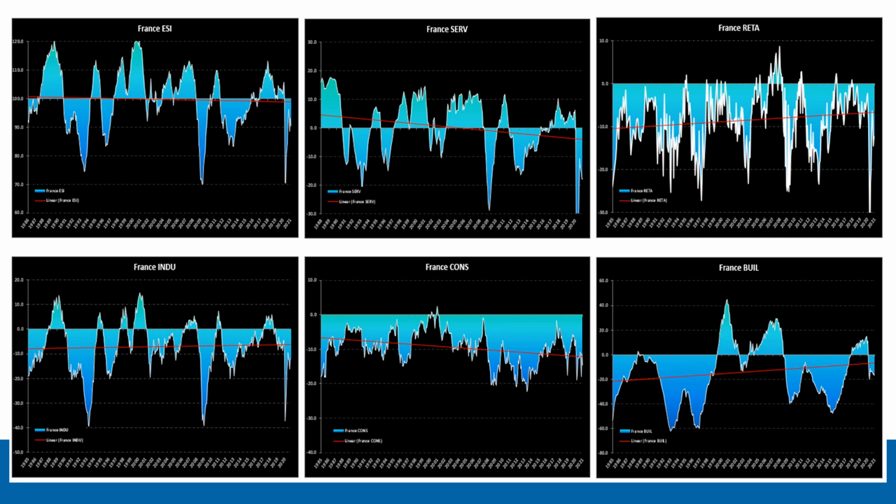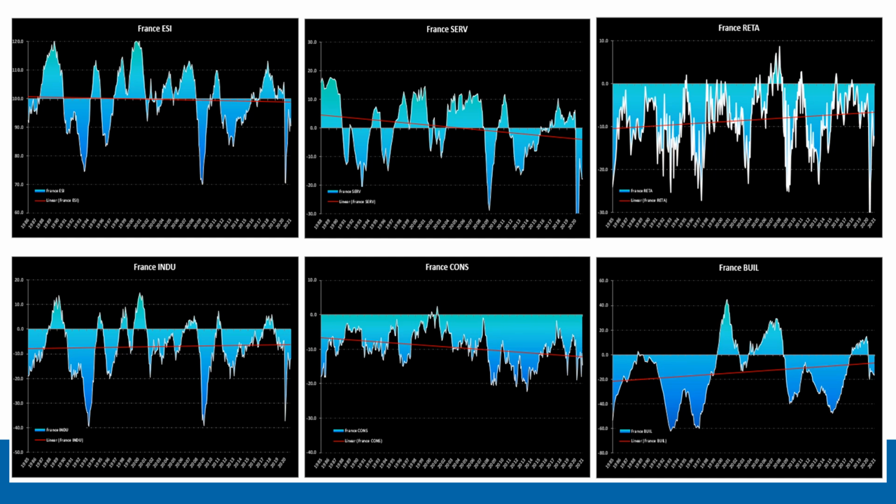So you can see here, if we start eyeballing France and start paying attention to some of the long-term trends and the details of recent history. If you look at the ESI, for example, on the top left-hand corner of the screen, you'll see for France coming out of the global financial crisis in 2008, 2009, we had a strong recovery, where you see that strong recovery above average trend in 2010. And then in 2011, it goes back below the 100 level and below the long-term average trend line.